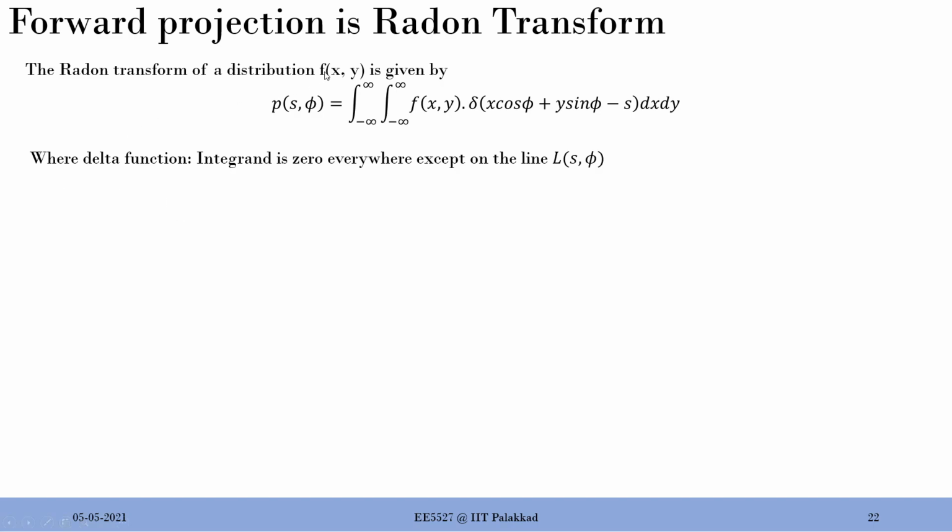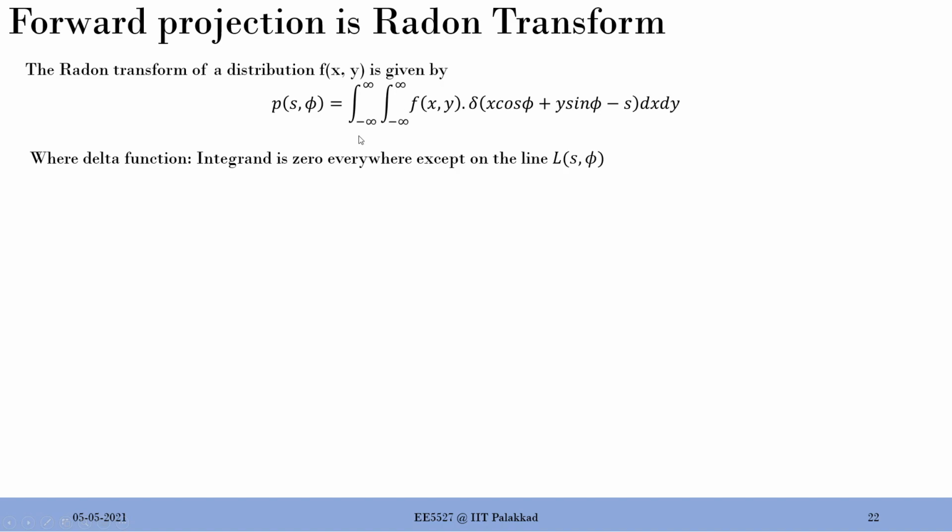So the Radon transform of an image, let's say f of x y, or rather any matrix f of x y, is given by this. p of s comma phi, for consistency I am using the same projection p. You already know what this means. Phi is the angle that I am going to take, so phi can vary from, let's say, 0 to 180 degrees, and s is the extent of scan, the radius you could say, with x cos phi plus y sin phi. Those represent the lines that I'm interested in.